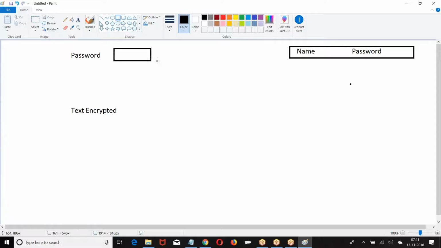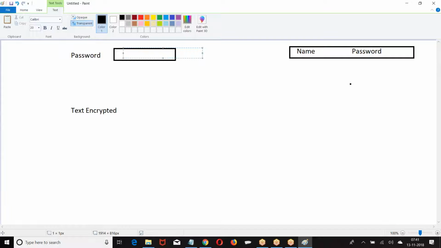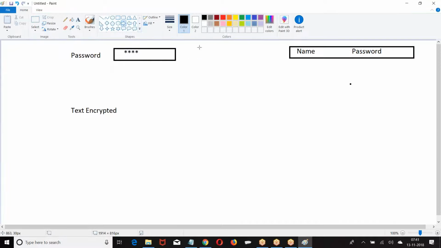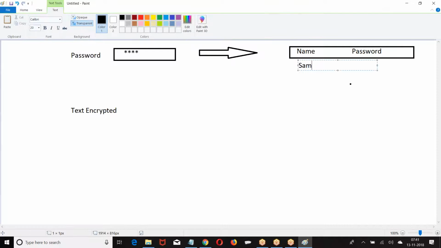If I take it as a password, while entering the data it will not be visible, but when it is saved to database, it is stored in the original format.